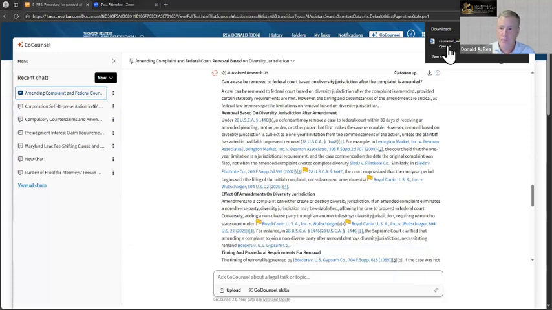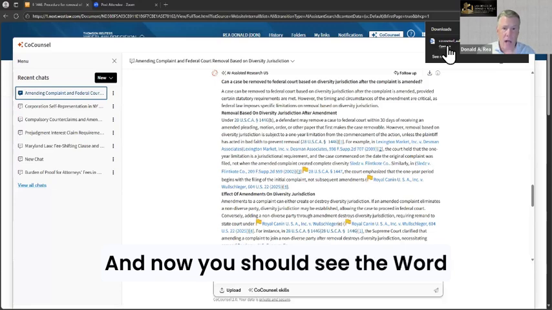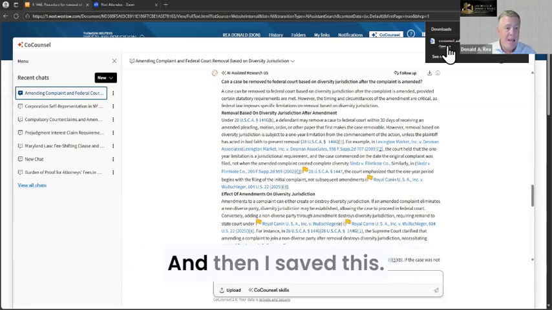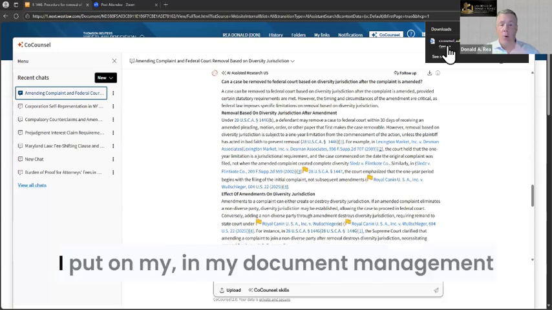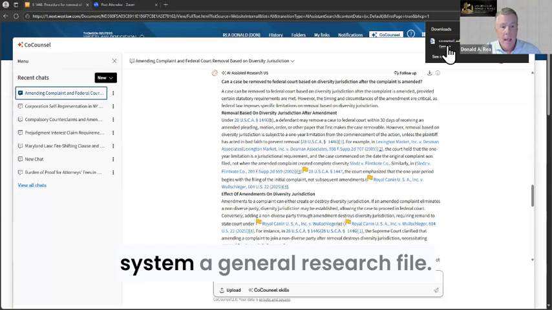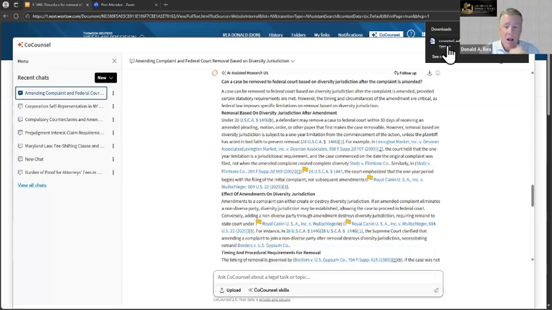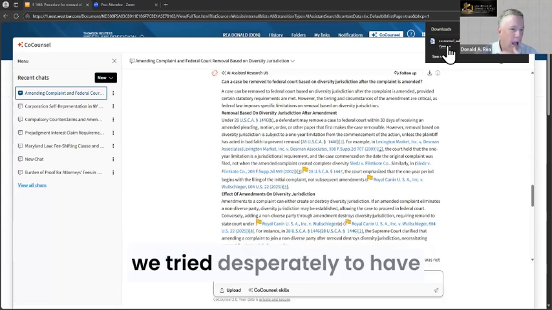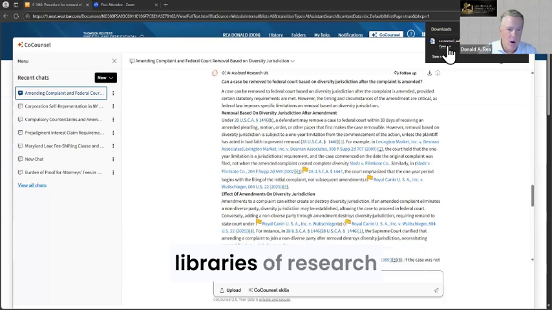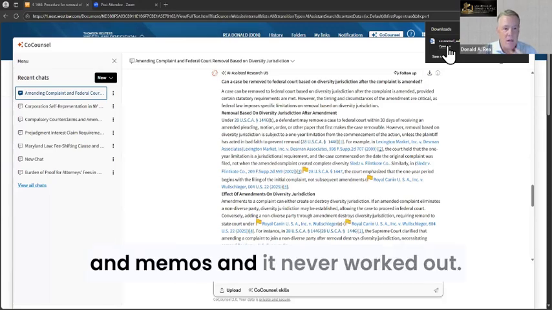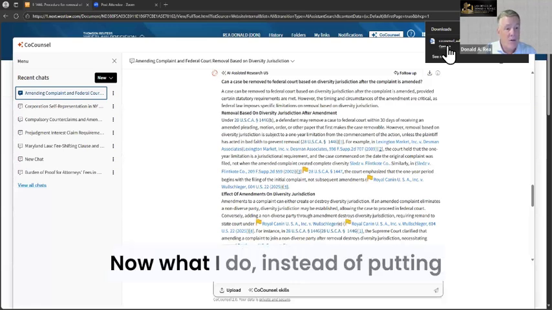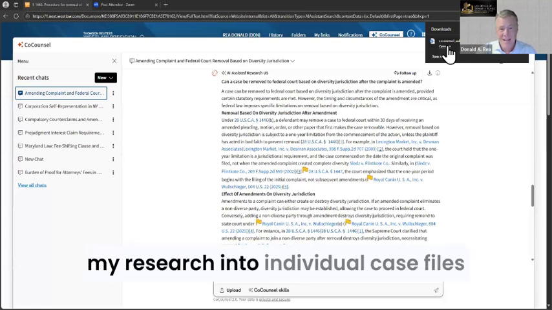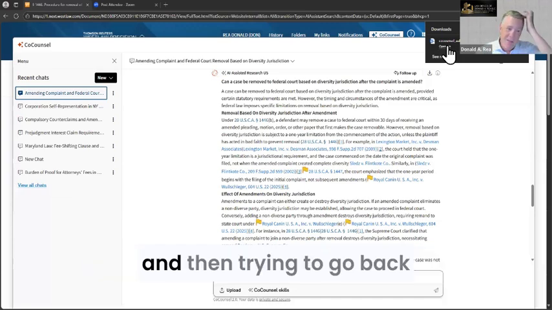Why is this important? Now you should see the Word document on your screen. I save this in my document management system in a general research file. When I was with a major firm, we tried desperately to have libraries of research and memos, and it never worked out. Now, what I do, instead of putting my research into individual case files